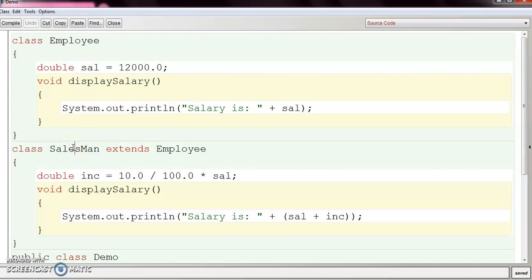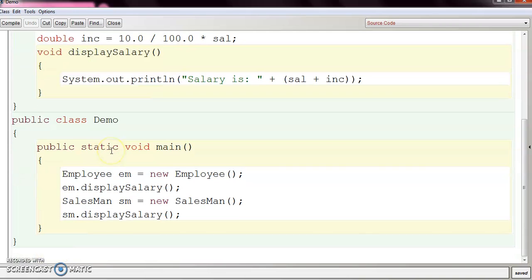Now in Java, you can create a superclass reference and assign it to the object of the subclass. First, let's comment these lines.